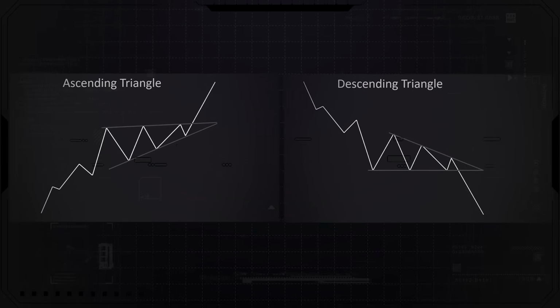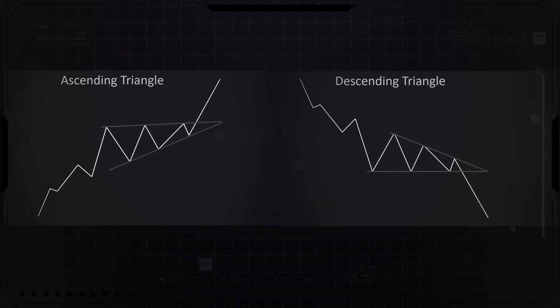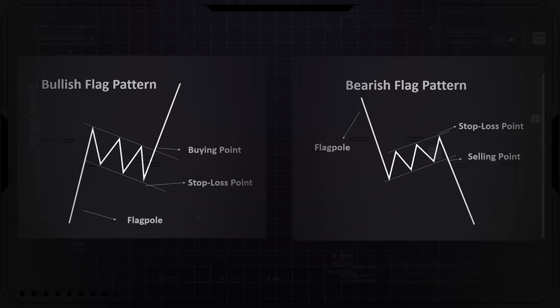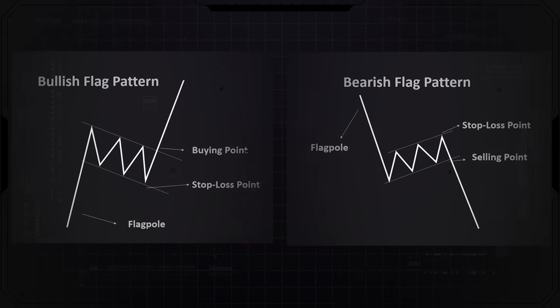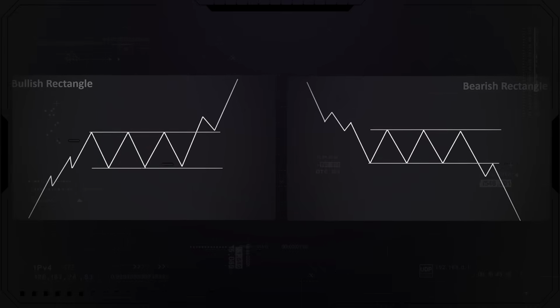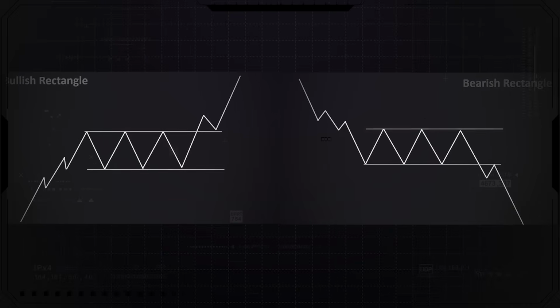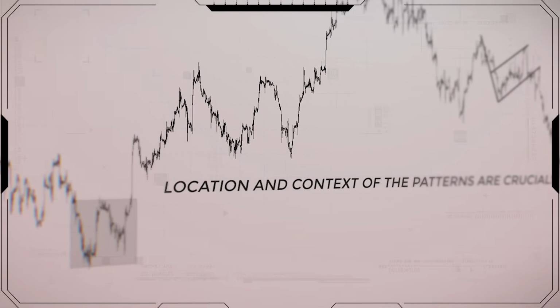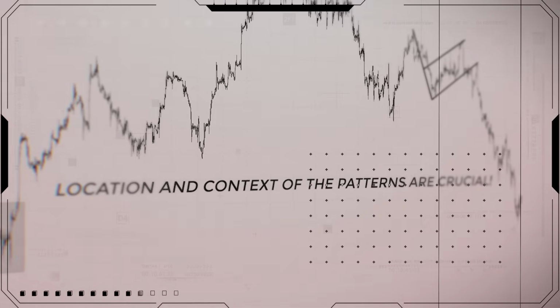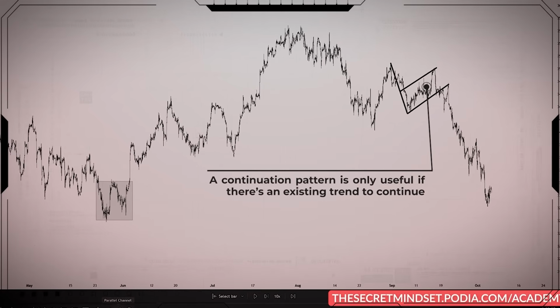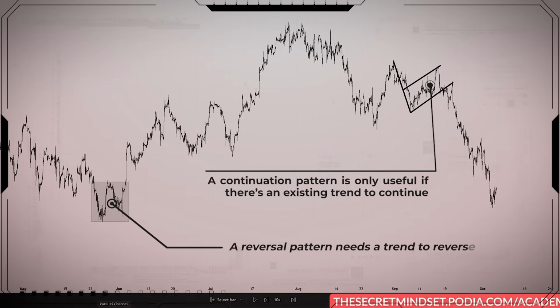Ascending and descending triangles have a clear directional bias, with buyers or sellers showing their strength. Flags and wedges slope in the opposite direction of the prevailing trend, hinting at a potential continuation. Rectangles form when the price consolidates sideways, bounded by clear support and resistance levels. Very important, location and context of these patterns are crucial. A continuation pattern is only useful if there's an existing trend to continue, and a reversal pattern needs a trend